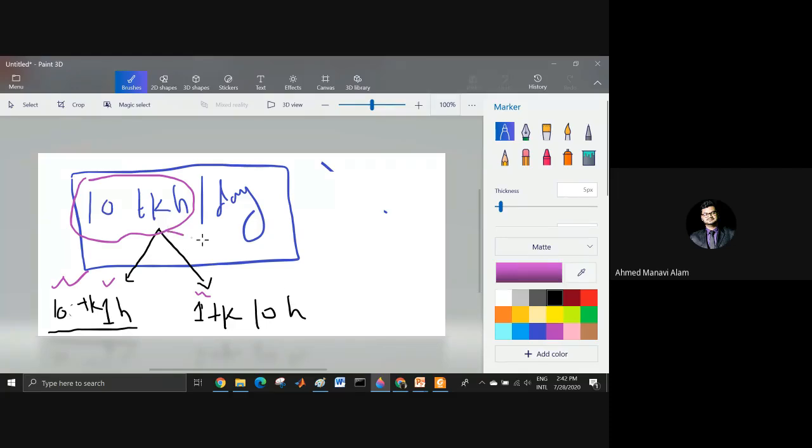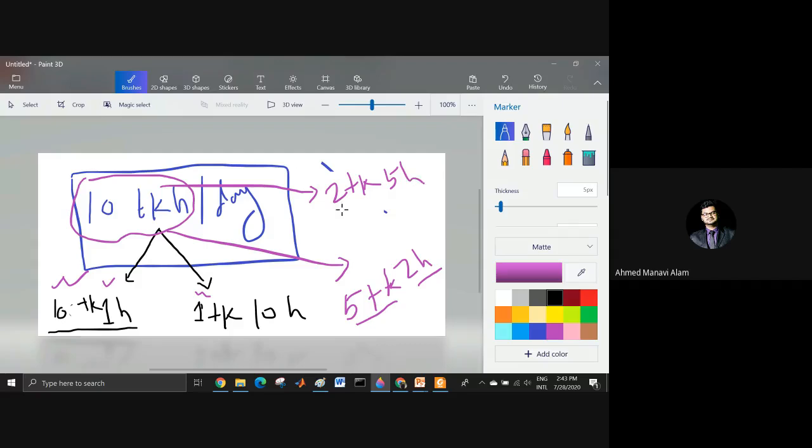Some of you can also tell me, sir, I can spend 5 taka in 2 hours. Is it wrong? It is not absolutely wrong. It is fine, because 5 taka 2 hours means you are spending a total of 10 taka again. Some of you can tell me, sir, I am spending 2 taka in 5 hours. Sir, am I wrong? No, you are also correct, because by multiplying 2 into 5, you are also getting 10 taka.